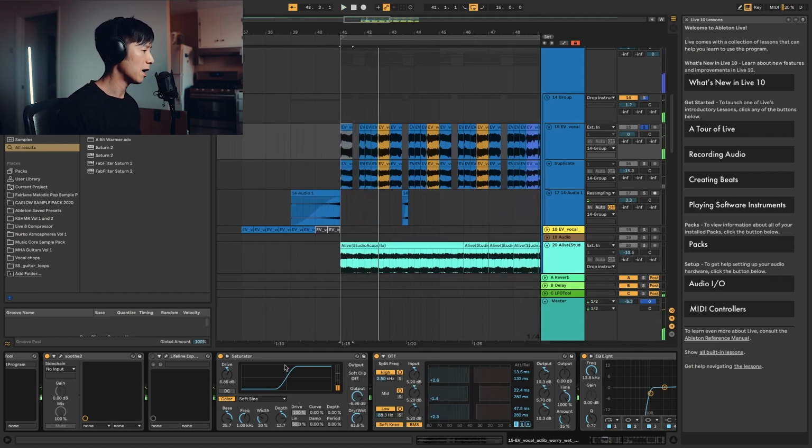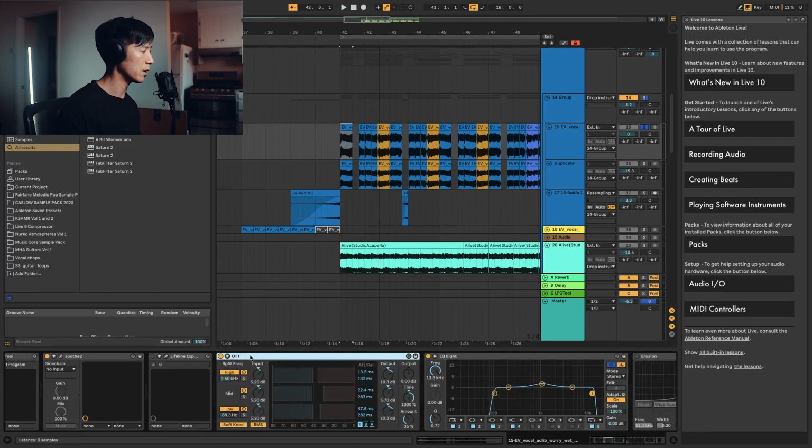So yeah, that's basically how you distort with the stock Saturator, which I actually used on my unreleased track. And that's actually what Nurko showed me, a certain way that you can distort your vocal chops. And then after the Lifeline Expanse, you basically have an OTT, really pretty standard compression, and then